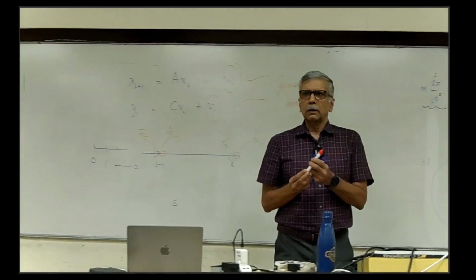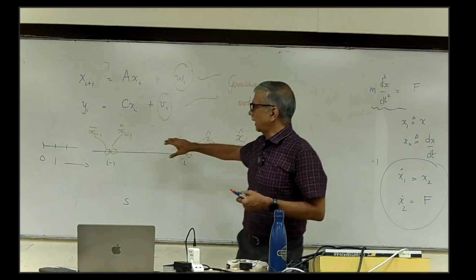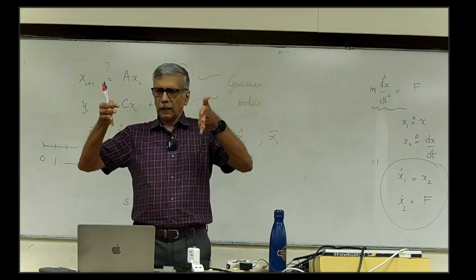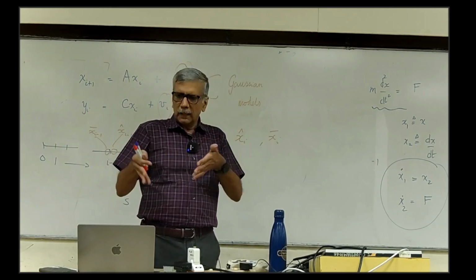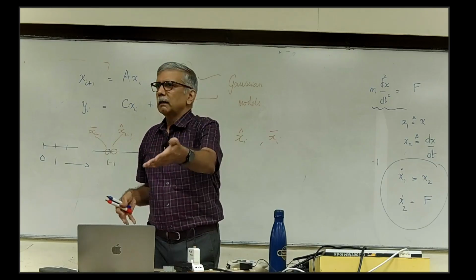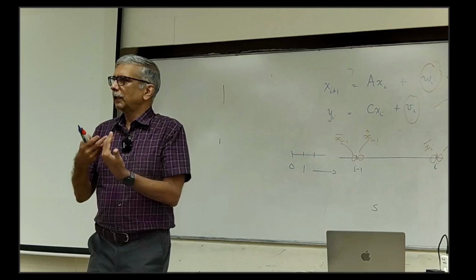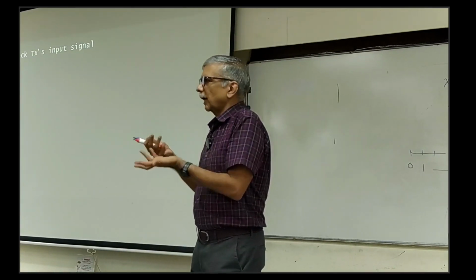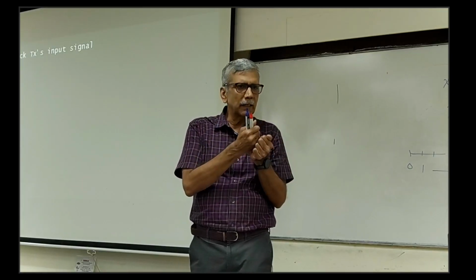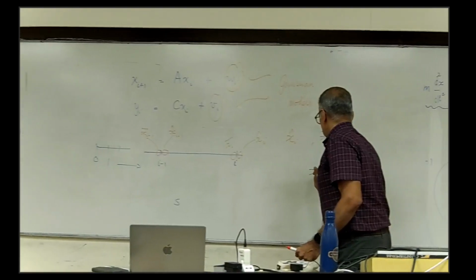Now, what do you think should be the philosophy of an estimator which does this? Suppose I'm at stage I. I've got an estimate of what my state is at stage I. I get another piece of information. How do I incorporate it? What if it were erroneous? What if it were a very bad measurement? How do I decide? So the Kalman filter decides that x hat I